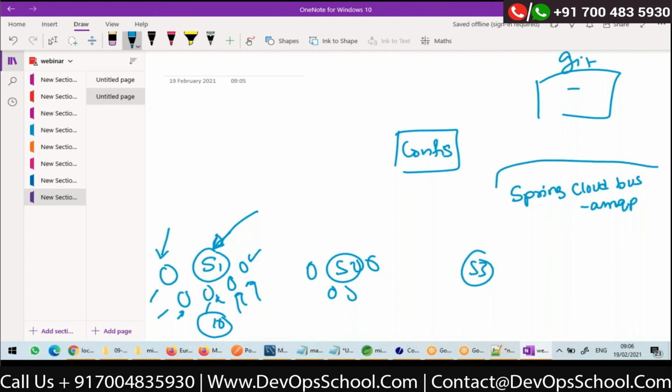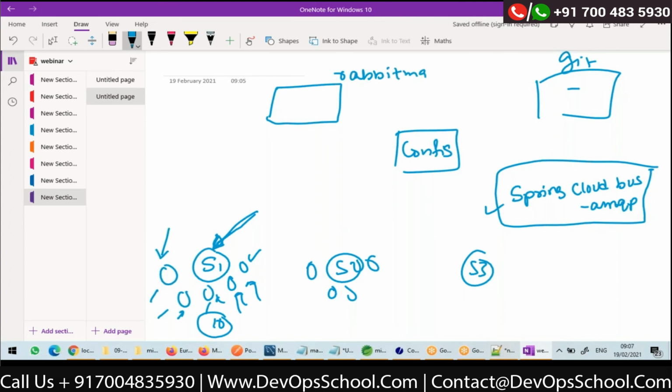You just need to add a dependency called Spring Cloud Bus AMQP. That's all in your microservices. Once you add that, it internally comes up with a dependency of RabbitMQ. If you want any other AMQP provider, you can add the dependencies. By default, it comes up with RabbitMQ.